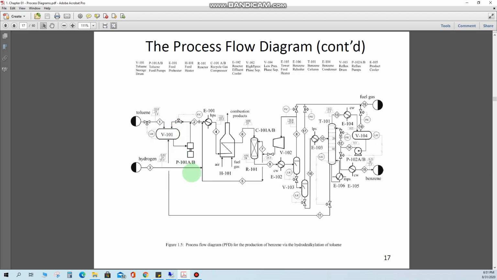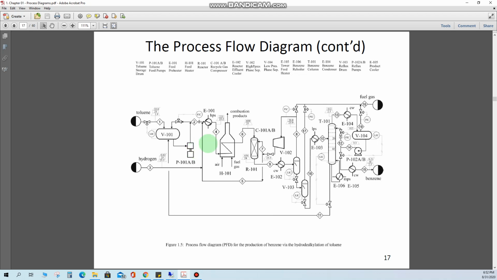Now here, for example, you have a pump. The pump can be designated as P. The area is 100 and the location of this pump is 1, or pump number 1. If you have multiple pumps in the same flow sheet, for example here, now you see pump is P, area is 100. Now the pump location is 2, meaning the second pump, and AB here represents that there are two pumps on the same pipeline,